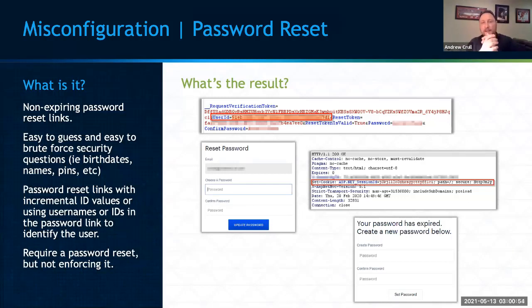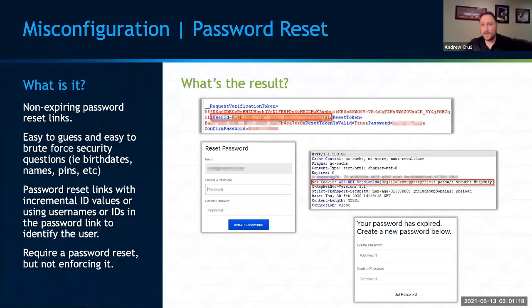So if I could compromise a GUID of another user ID, I could reset anybody's password at this point, because that user ID is pretty much like a username. So that was one bad way of doing a password reset. This middle section we have here is a reset password. I get a password reset link. I click on it. It presents me with a form to reset my password, which is perfect.